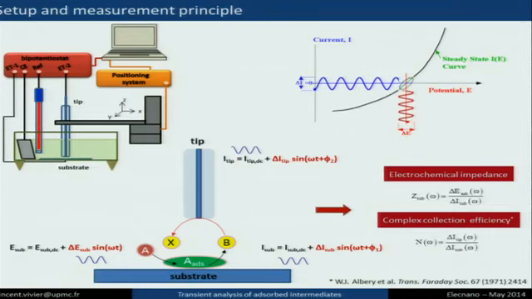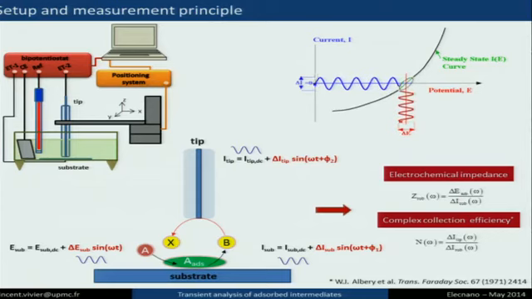So to perform this kind of experiment, we use a scanning electrochemical microscope. I think that everybody knows now what this kind of setup is. We have a substrate, we bring a tip, a microelectrode, in the close vicinity of the substrate, and we can measure the current at the tip, and any variation in the tip current will give information about the kinetics at the substrate. So now, if we do the same thing, but using a transient mode, like impedance spectroscopy, we can apply